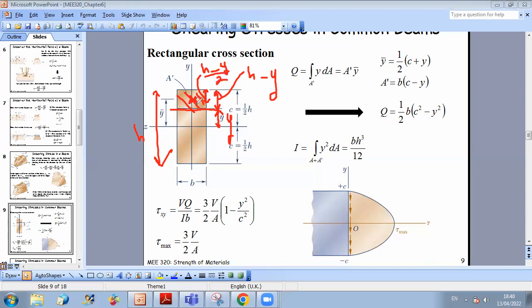And therefore, Y of C prime, so if I want to find from the neutral axis what is Y bar, then simply Y bar is equal to this length from this level to the top, which is H over 2, minus this distance, which is between the top level and the center level here. So it's equal to H over 2 minus H minus